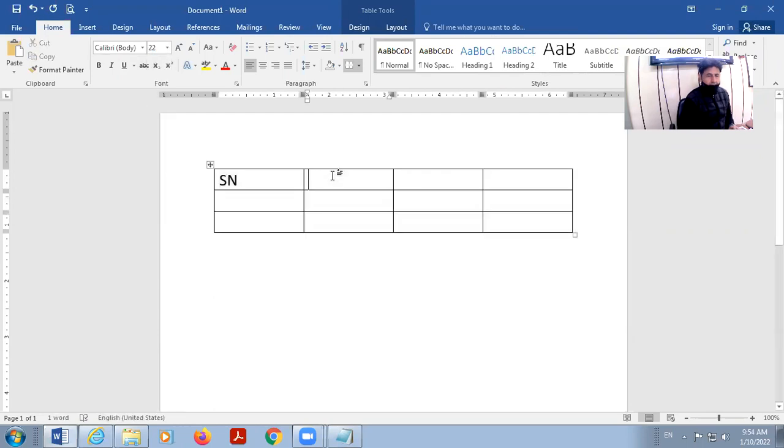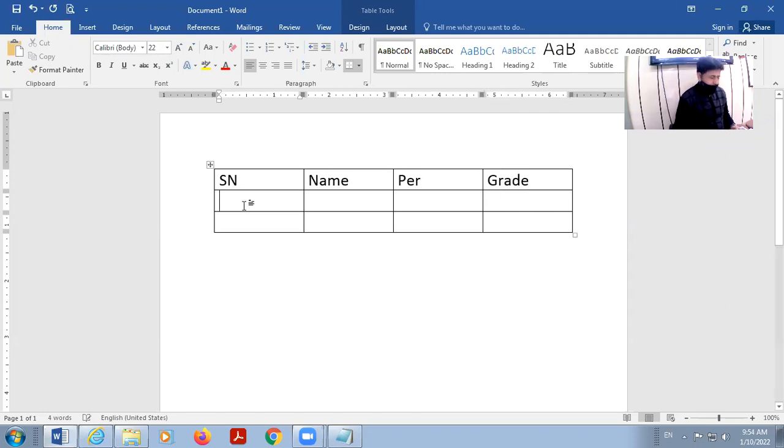Here I want to type the name of the student, marks or percentage, and then grade.